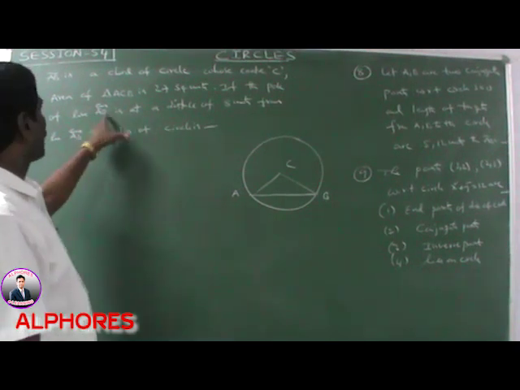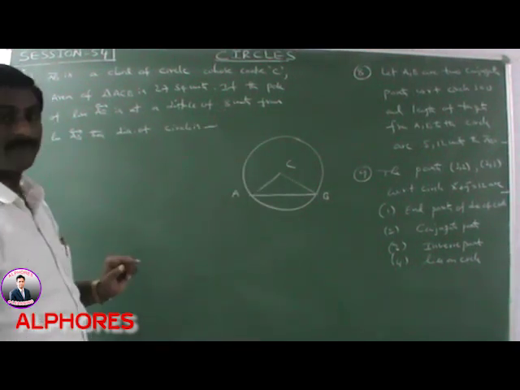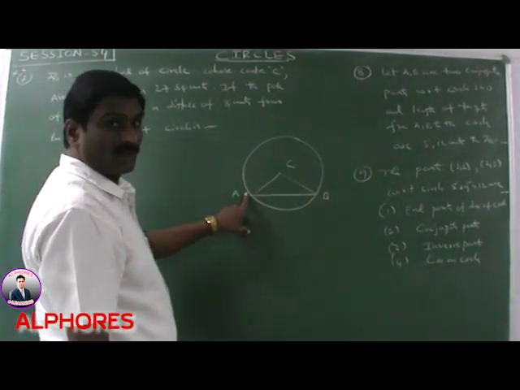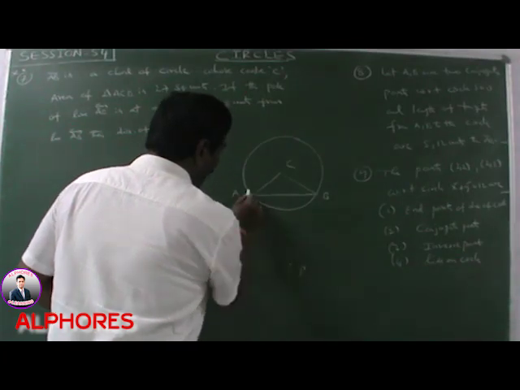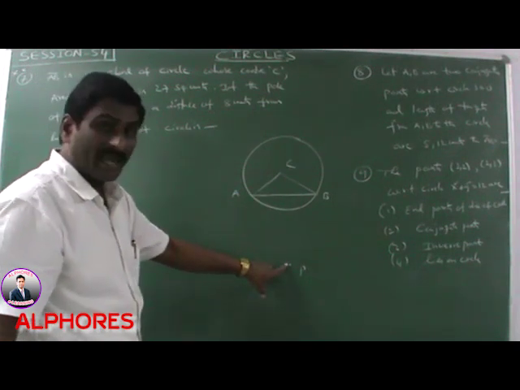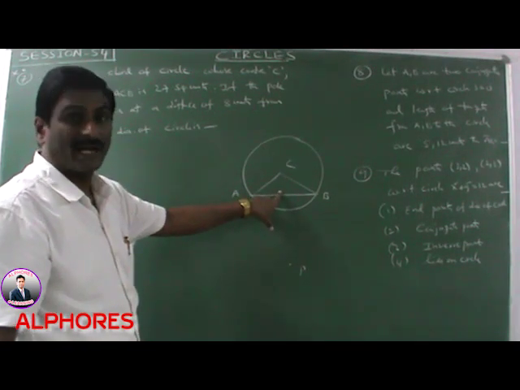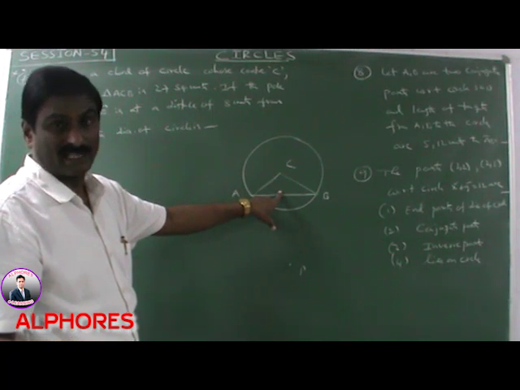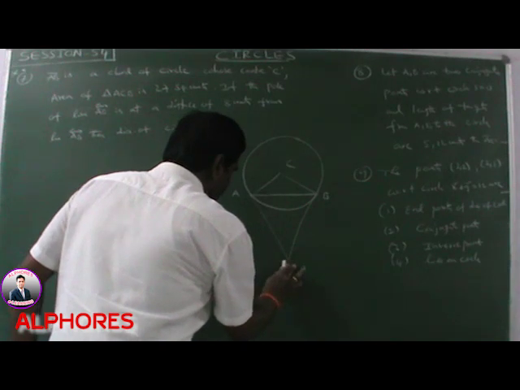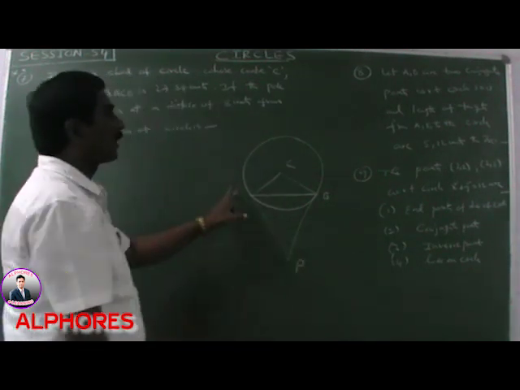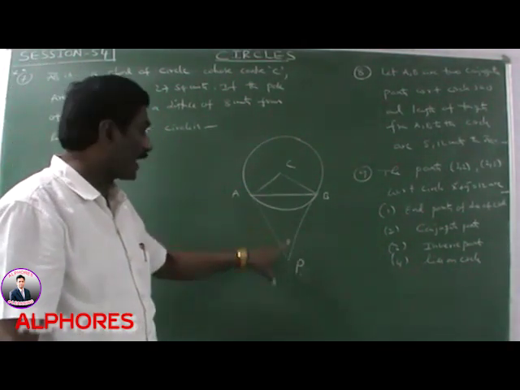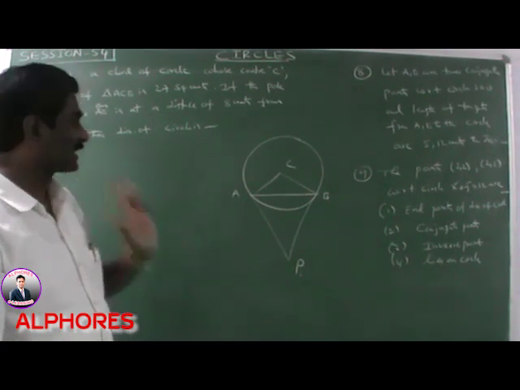Next, the pole of the line AB is at a distance of 8 units from AB. Here AB is the chord. What is the pole? Suppose P is an external point, PA and PB are two tangents, then AB is the chord of contact. If the point P lies outside the circle, the chord of contact is nothing but the polar. So you draw the tangents at A and B, then these intersect at P. This P is the pole of the line AB. Please observe this point: the pole of AB is the point of intersection of the tangents at A and B.